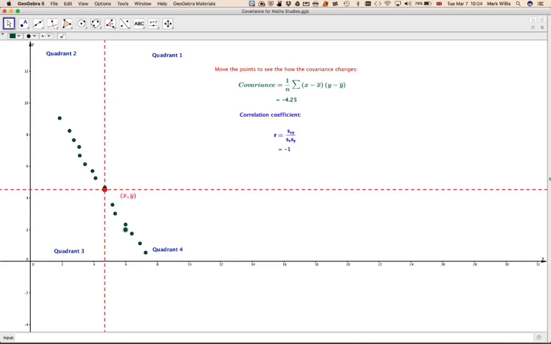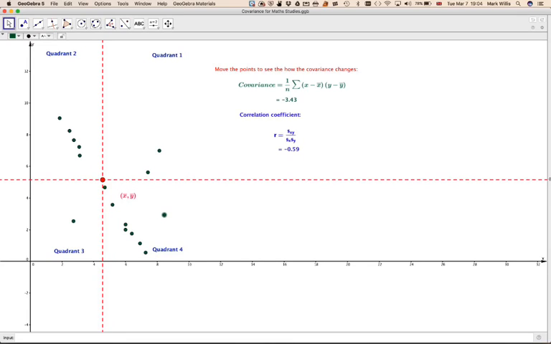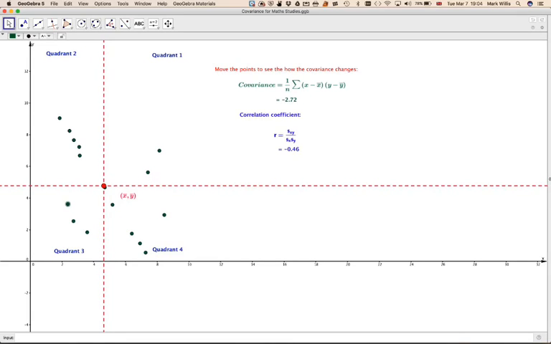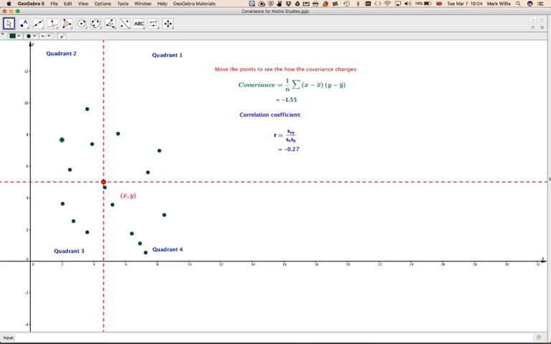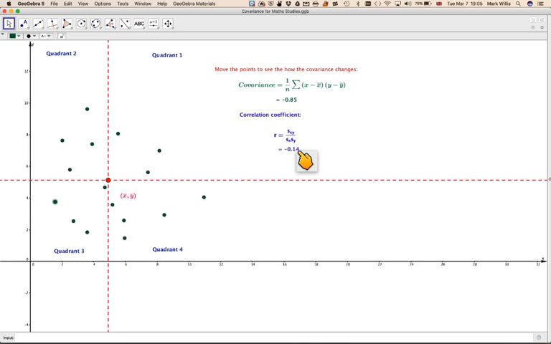Now if we spread all the points out on the diagram all over the place, like this, all the data is now spread out. We can see there's virtually no correlation. So this number here is very close to 0, it's almost 0. This value here is called the covariance, SXY. This is the standard deviation of X, and this is the standard deviation of Y. So this has been a video to show you the meaning of covariance